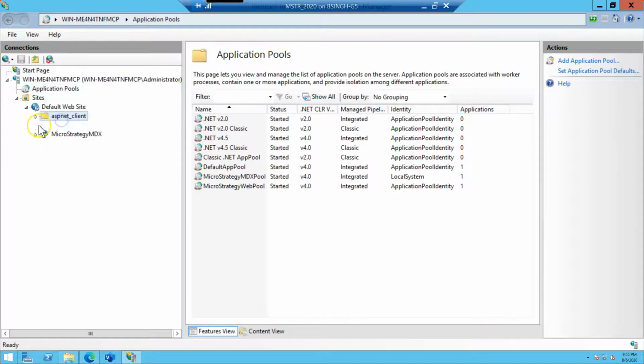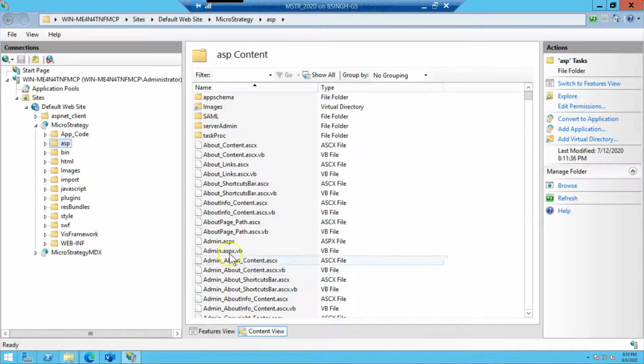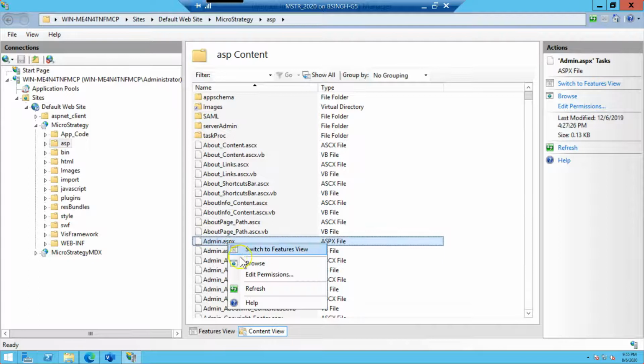Let me expand it. By default, you just go here, expand MicroStrategy, then expand ASP, go to content view, and you can see the admin.aspx page. The default URL is always your server name slash MicroStrategy slash ASP slash admin.aspx.